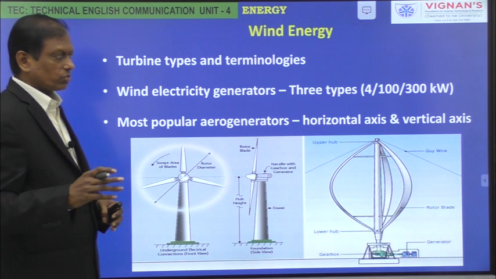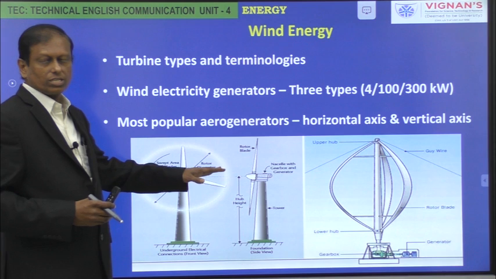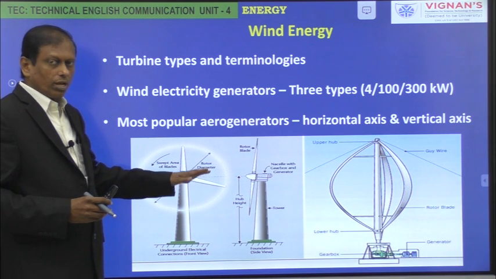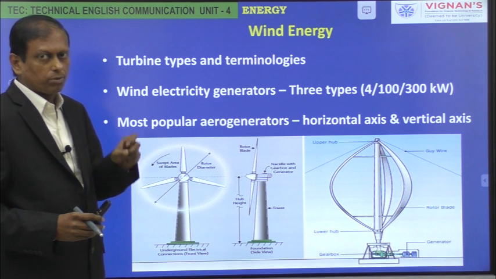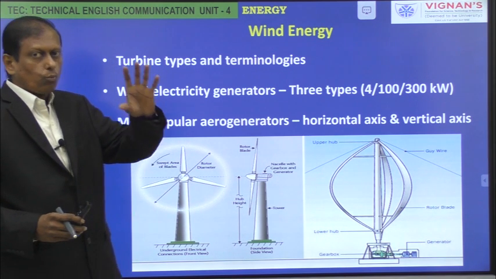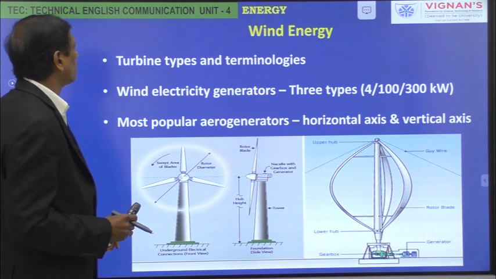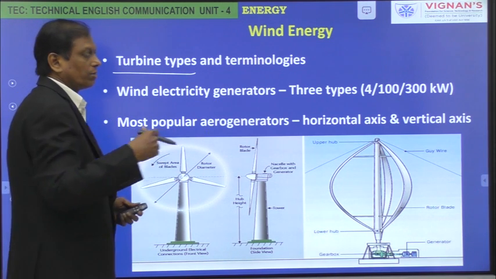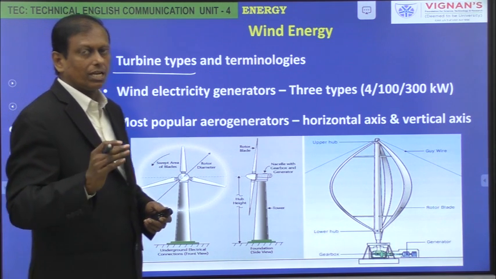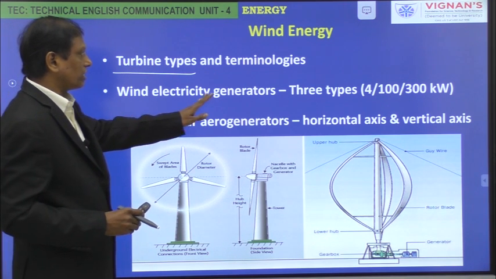And in this passage the author has explained technical English communication. Technically, he tried to explain what devices are used to tap wind energy, that is, wind being converted into electrical energy. How has it happened? The turbine types and terminologies have been used, vertical, horizontal, that's something he has mentioned, and wind electricity generators,